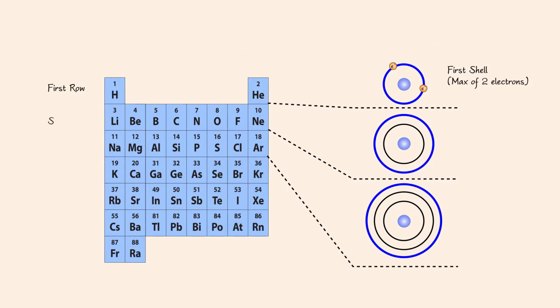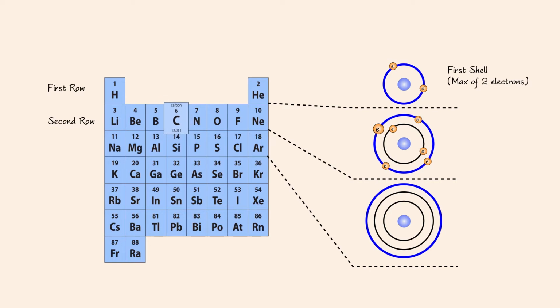Atoms of the second row have a total of 2 electron shells. The first electron shell is occupied by 2 electrons. Lithium starts off the second row and has 1 electron in the valence shell. As you move from left to right, we continue to add additional electrons. Beryllium has 2 valence electrons, boron has 3,